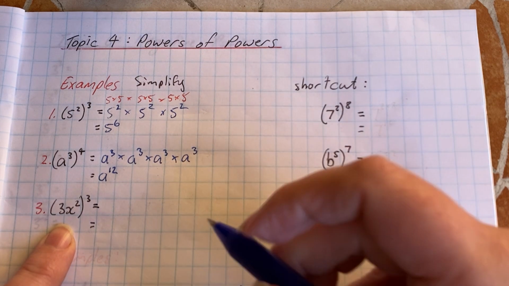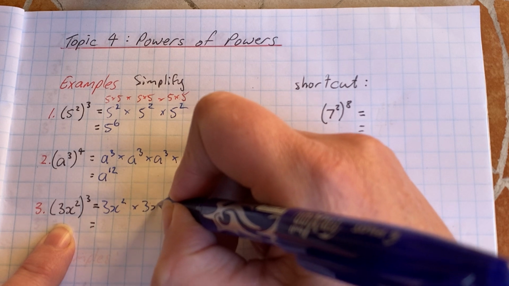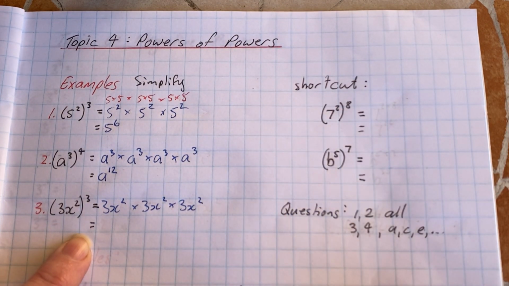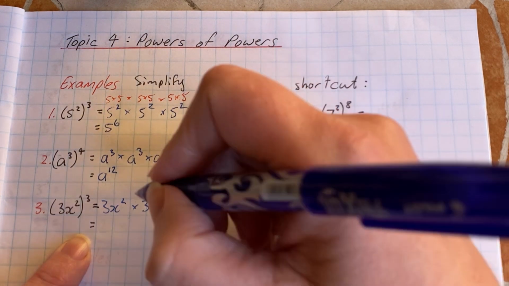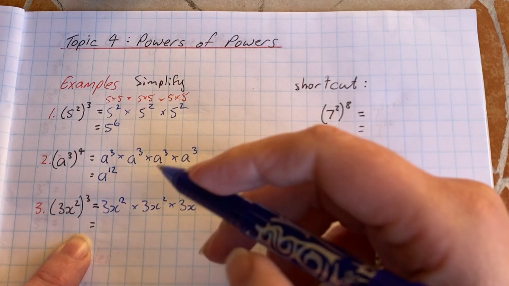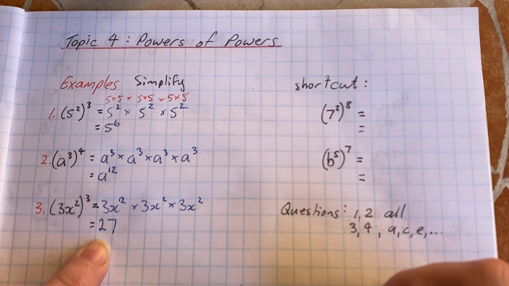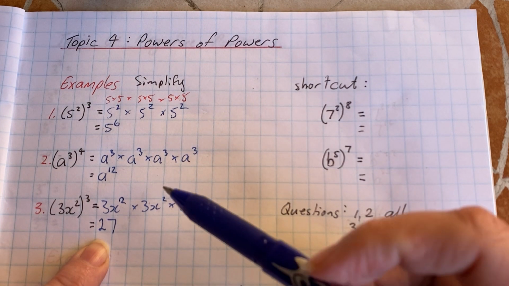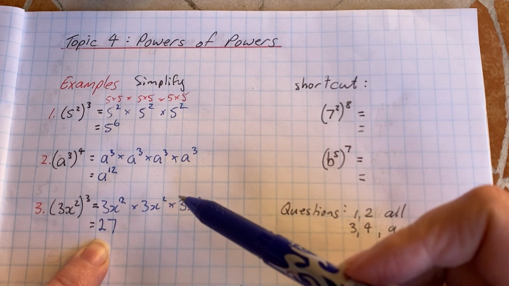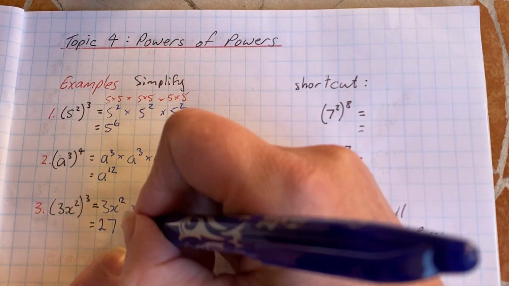Okay, 3x squared cubed, so same thing, 3x squared times 3x squared times 3x squared. Now the rule here we've seen before is that you start by multiplying the numbers first, so 3 times 3 times 3, which is 27. If you need to use a calculator for that bit, that's not a big deal. And then how many x's altogether? x squared times x squared times x squared. So 2 of them there, 2 of them there, 2 of them there, 6 of them altogether, so x